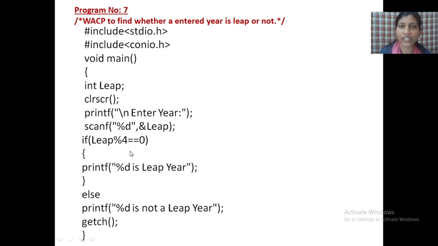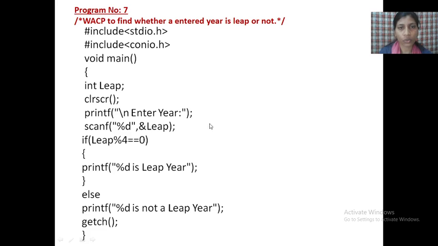If this condition is false, it skips this part and comes out of the block, and whatever statement you have written in the else part, it will display on the monitor screen: the year you have entered is not a leap year. Then getch and close. Like this we write the code.